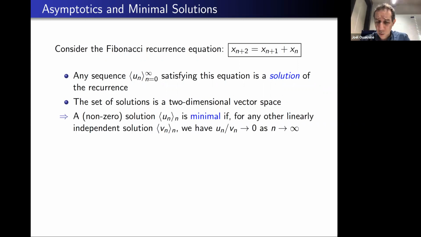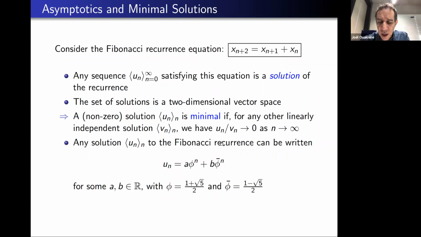And now I can define what minimality is. A non-zero solution u_n, a sequence, is minimal if for any other linearly independent solution v_n, we have that the ratio of u_n over v_n tends to 0 as n tends to infinity. Now, this is fully general, but in the case of the Fibonacci recurrence, we know that